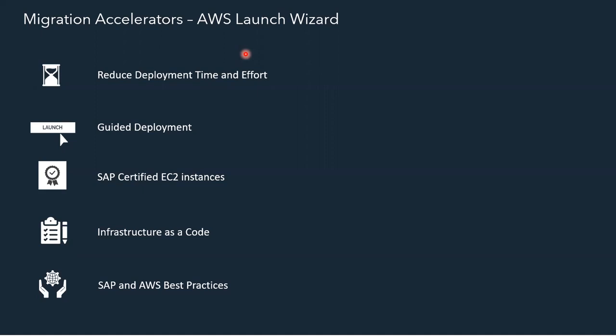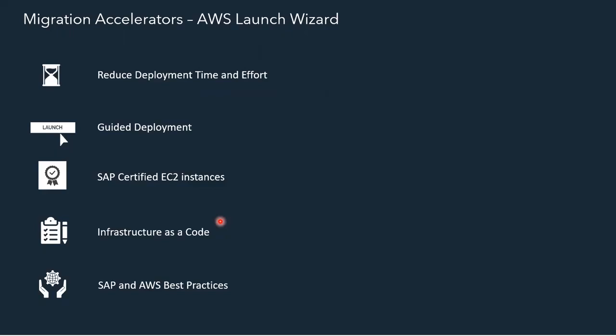The Launch Wizard allows you to reduce the time when you want to turn around a quick sandbox or anything, or you want to see how you're going to create a production instance. The Launch Wizard actually covers the steps done by the infra team in terms of setting up the hardware, the operating system, deployment, storage allocation, and setting up the servers and the storage configurations. Optionally, it also does the HANA installation. You can move your HANA software to S3, but it needs to have a prefix of Launch Wizard, and then you can run it from there.